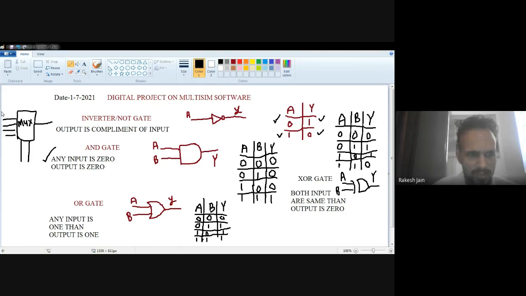Let's suppose the 4 inputs are A, B, C, D. Okay, don't be confused. The first input I denote with 1, the second input with 2, the third input with 3, and the fourth input with 4. So what will happen? When both selection pins are 0, 0, then the output will be 1. And at this one, I connect an AND gate.